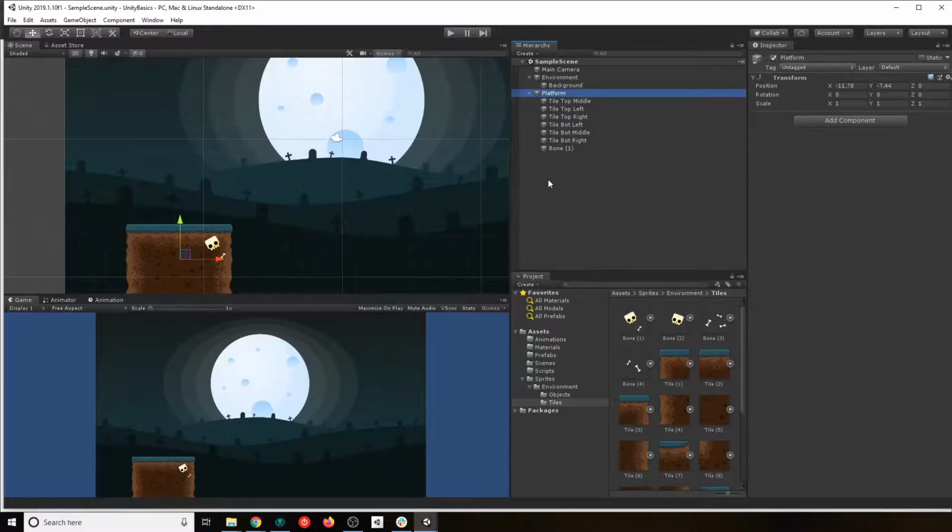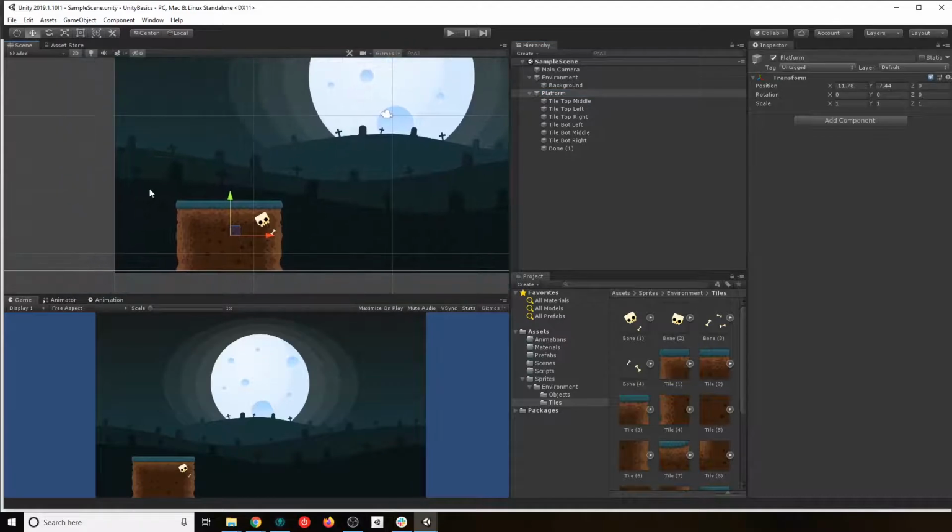So a collider basically is a shape that we create that Unity tracks, and it's able to track the collisions between colliders. So you can collide two colliders, and in that way we will know that something is here.